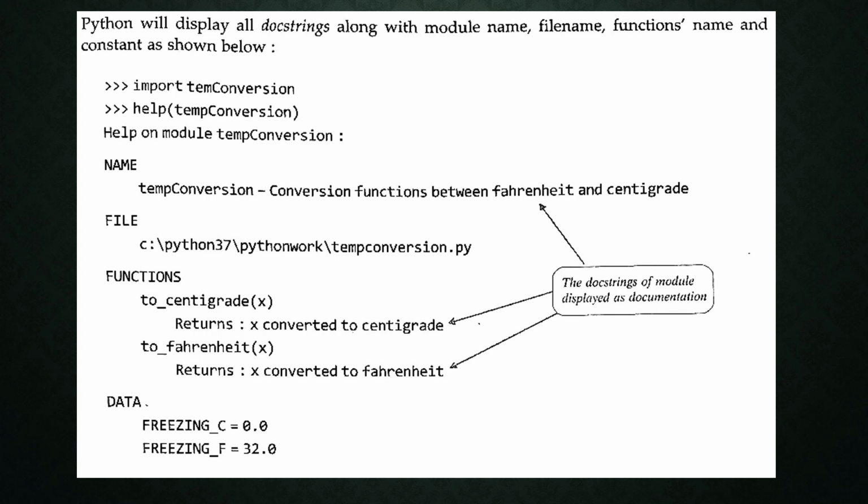So four things will be displayed whenever you use the help command along with a particular function name or module name. Okay, these are about using the import and help commands.